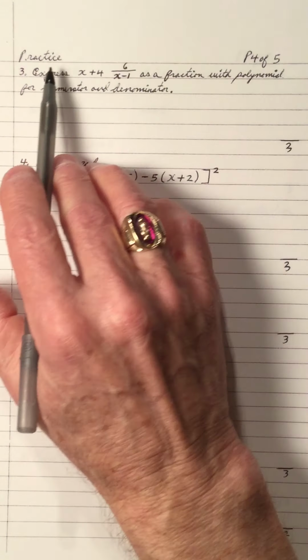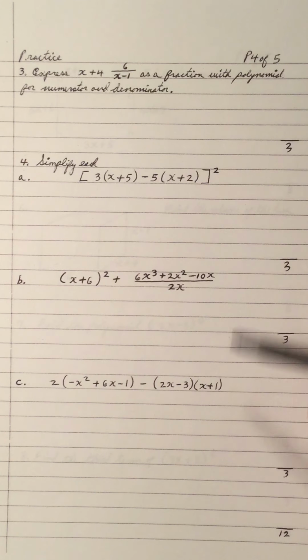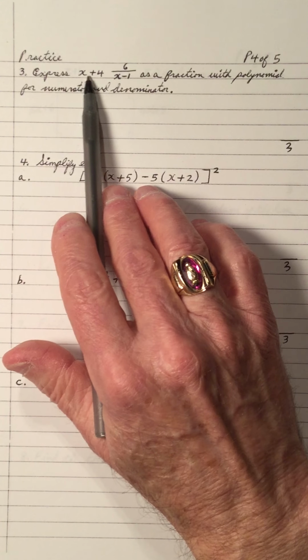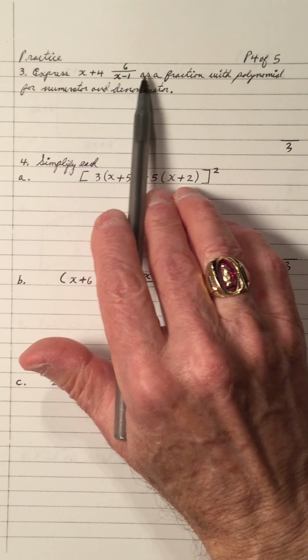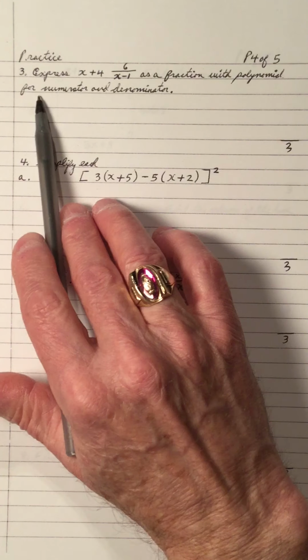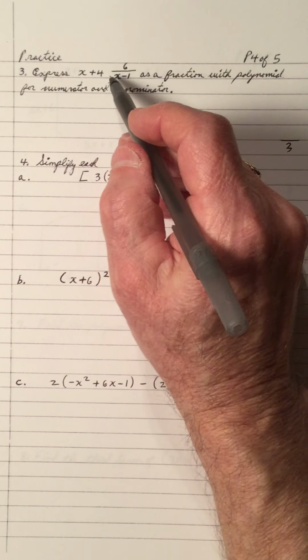Okay. It says practice, pause the video, see if you can work the answers out. Express x plus 4 in front of 6 over x minus 1 as a fraction with a polynomial in the numerator and denominator. So what this reminds me of